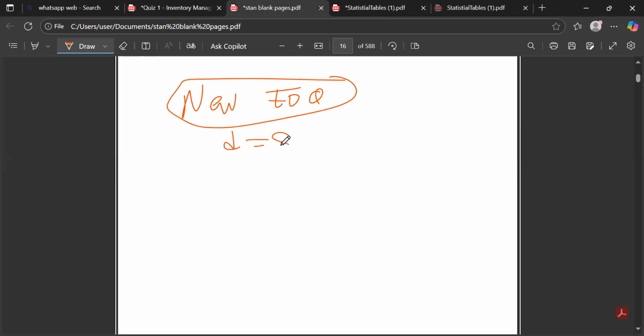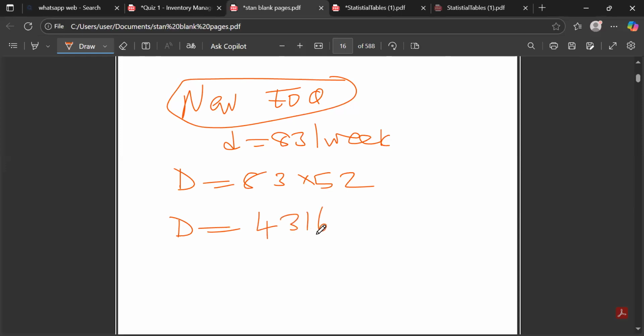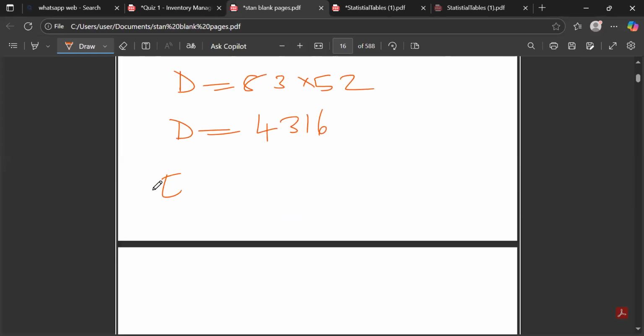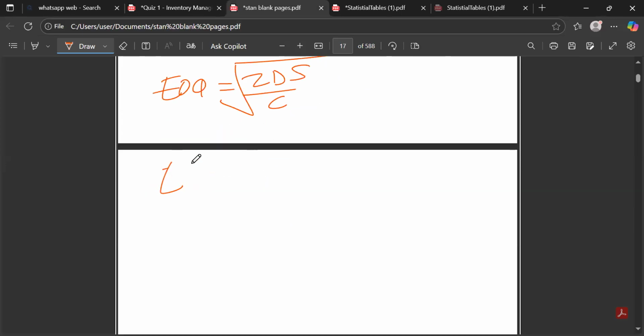Weekly demand of 83 per week, meaning that our annual demand will be 83 by 52, which gives us 4316. Our EOQ will be equal to the square root of 2DS over C. So our EOQ equals 2 multiplied by 4316 by 74